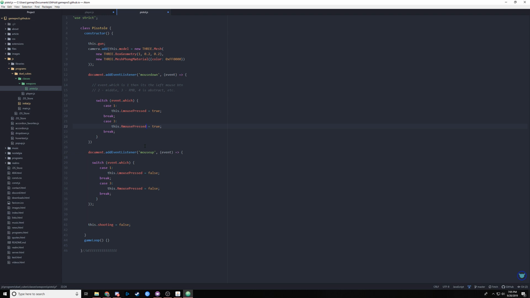New key down. Okay, so in the game loop, if I can't, okay, if shooting, I'm gonna add all these later because that's painful to do. If shooting